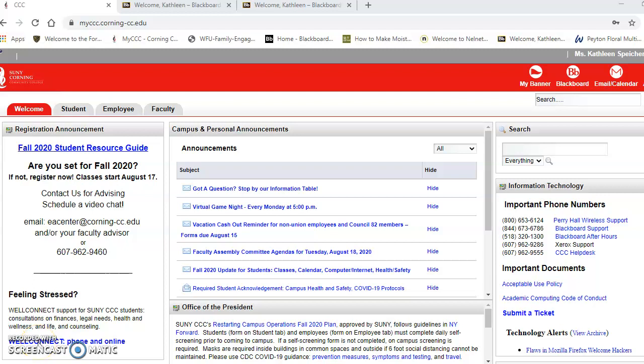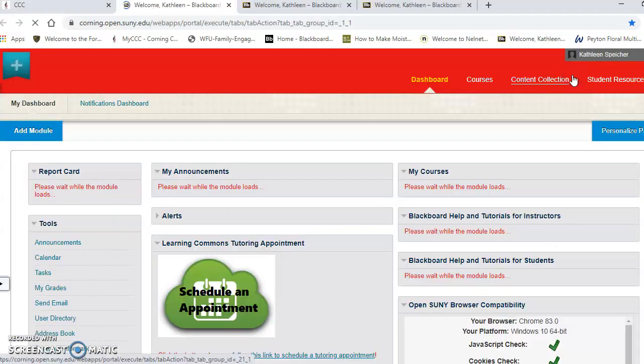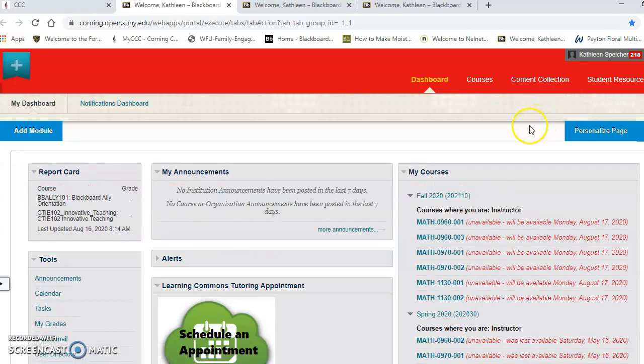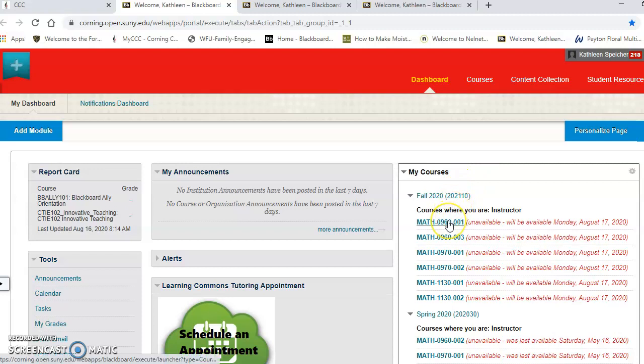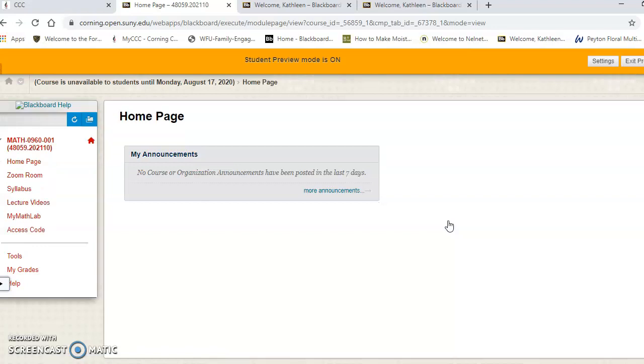Okay, everyone, I know I showed you this in class, but I want to show you again how to access your MyMathLab through your Blackboard. So when you go into your MyCCC, you'll see the Blackboard app in the upper right-hand corner. So we'll click on that Access, and find your course. So you'll find somewhere where it says Math 960. All right. So this is what your panel should look like on the left,